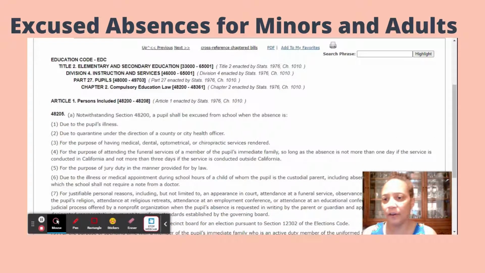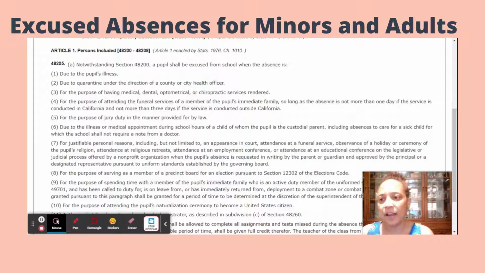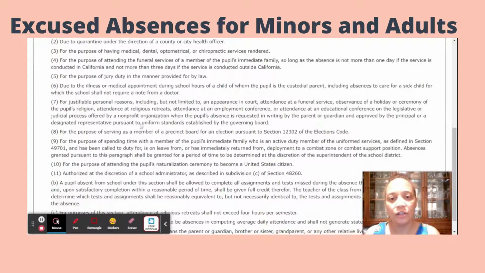We see here under Article 48205, there are various reasons for excused absences, such as number one, a pupil's illness, due to quarantine, because of the county or city or a health officer, if a person has a medical appointment, if they're attending a funeral service, jury duty, if they have an appointment where they need to go to the doctor during school hours,